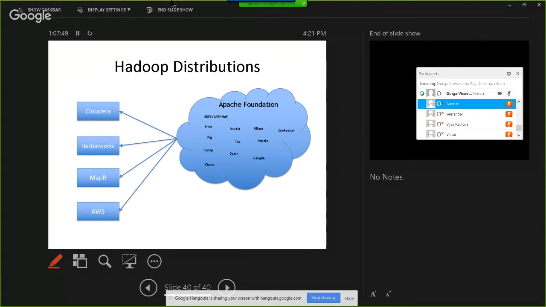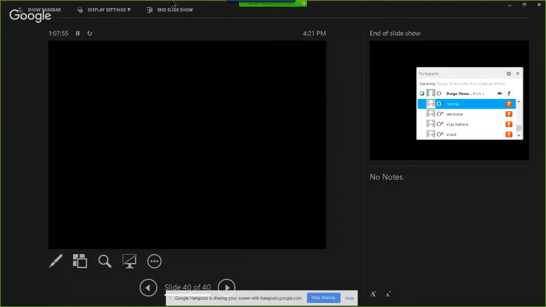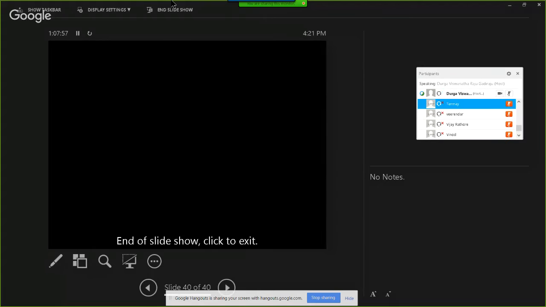And AWS is cloud-based, and we need to use a pay-as-you-go model to get benefits out of AWS. And it is also quite extensively used. So that's it. Those are the distributions we have. And other distributions such as IBM Big Insights, Oracle Big Data Appliance, all these use either Hortonworks or Cloudera. IBM Big Insights uses Hortonworks. Pivotal Hadoop distribution uses Hortonworks.